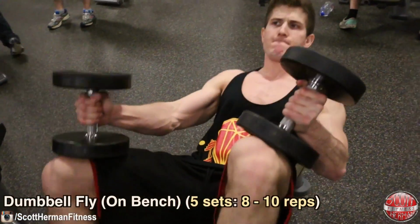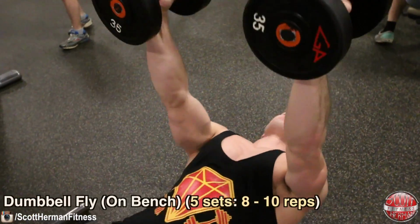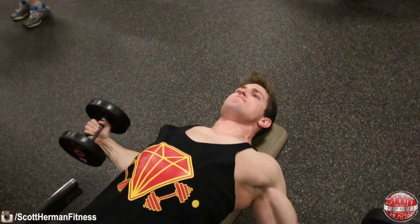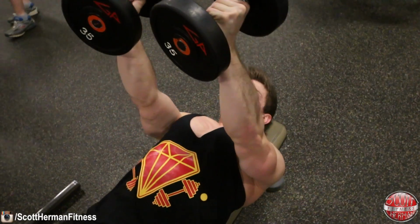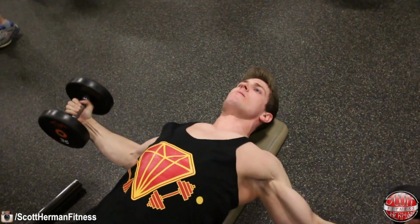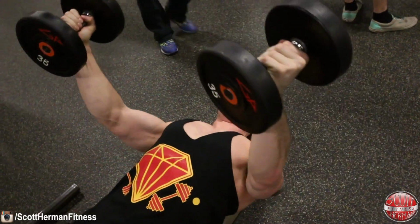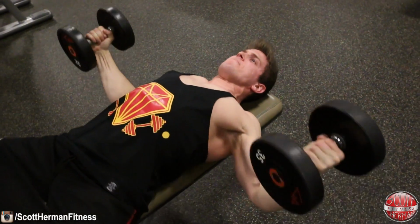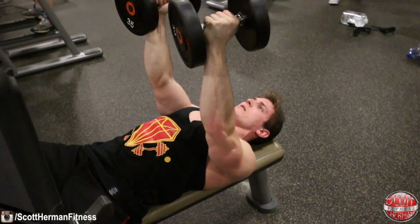The Dumbbell Fly is one of my favorite exercises for targeting my chest. It's a great exercise because you're actually hitting your chest in the stretched position, which is where you're going to break down the most amount of muscle fiber, believe it or not. So doing an exercise like this is going to be crucial for you guys to see significant gains in your